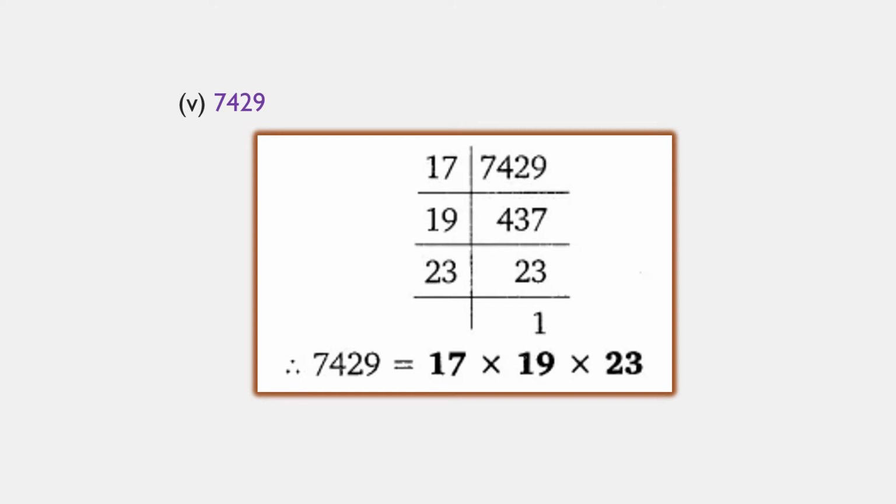So here is your next problem, 7429. Do the prime factorization of 7429, which is shown like this. First check with the small numbers 2, 3, 4, 5 and so on. If it is not divisible, check with the 2-digit numbers. So it goes in the 17 table 437 times. Next in the 19 table 23 times. Okay, 23 is a prime number, so 23 ones 23. I wrote the product of the prime numbers in this way. So the prime factorization of 7429 is like this, and its product of prime factors is like this. Understood, children?